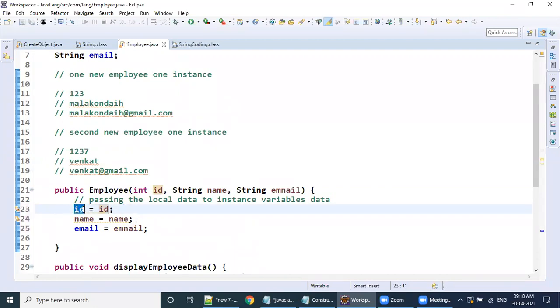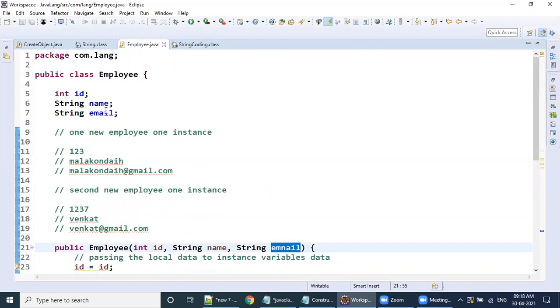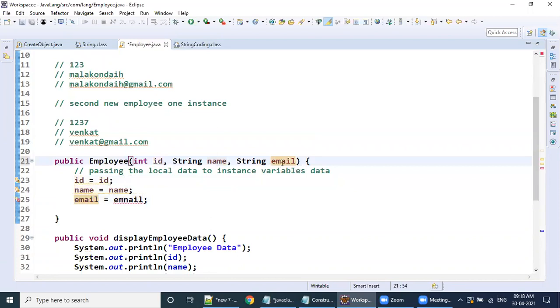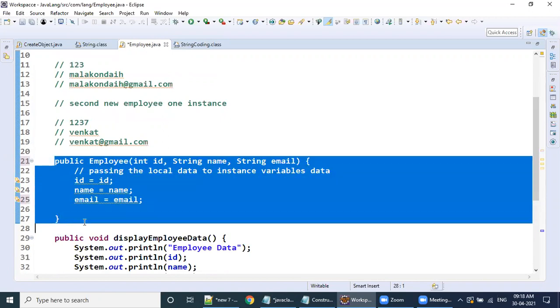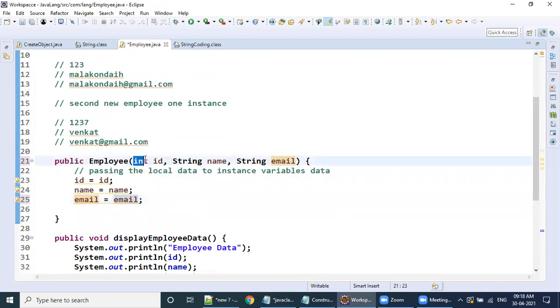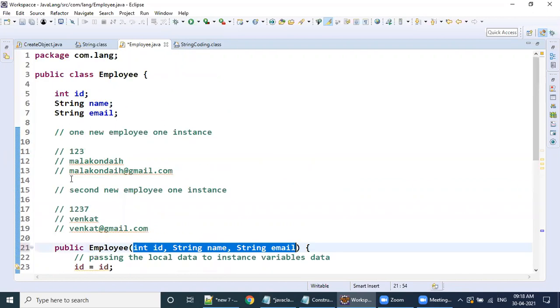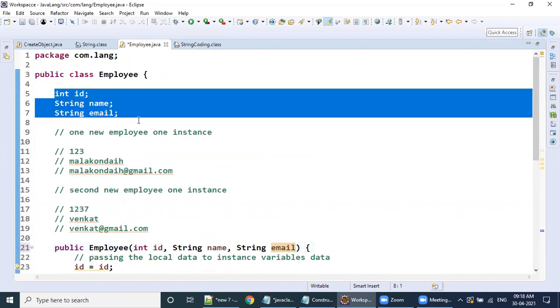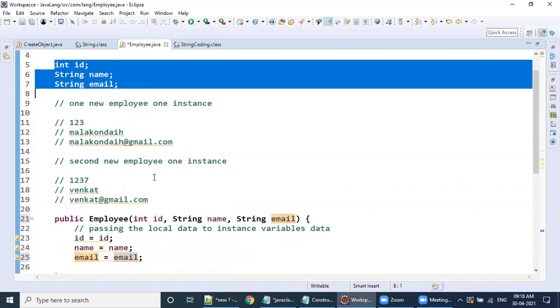What is this ID? What is this name? And what is this email? The point is simple: in your Java class, whenever local variables and instance variables have the same name, there is some ambiguity for the compiler or JVM.